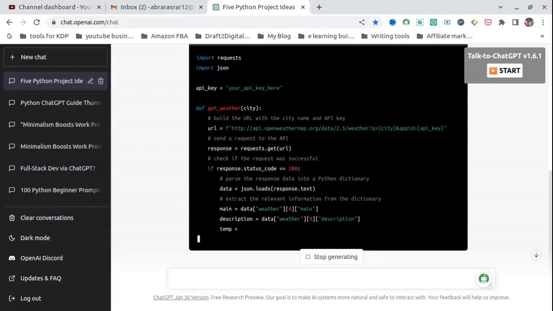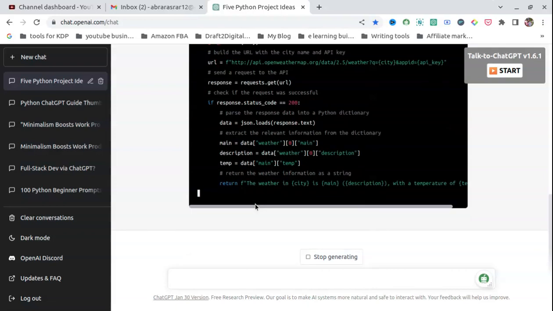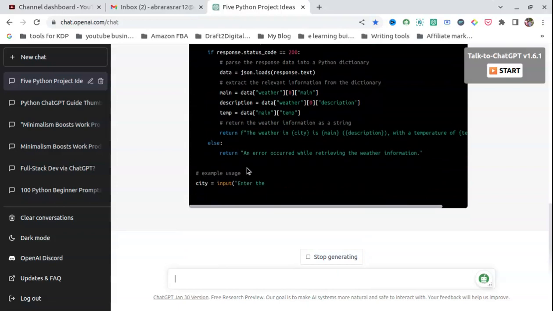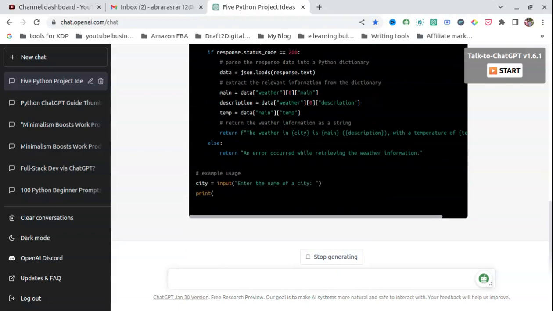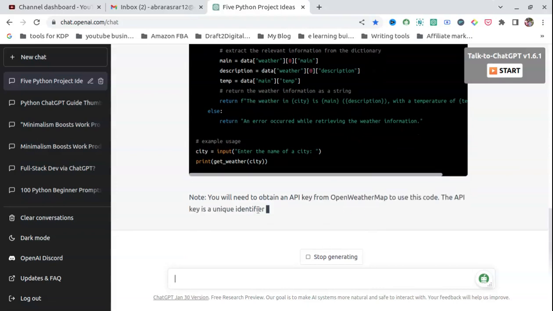And suppose you're unable to understand any line of code, I will show you how. If you are unable to understand any of the code, you can just ask ChatGPT to explain each of them. So it is giving all the required instructions. Besides that, we can ask it to explain each line of code.